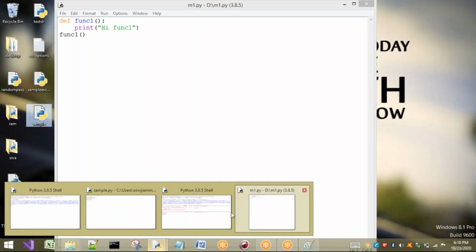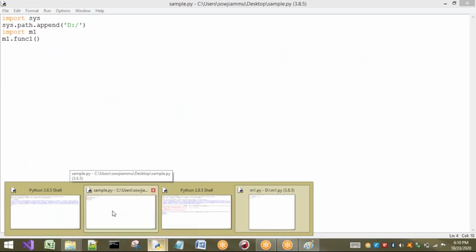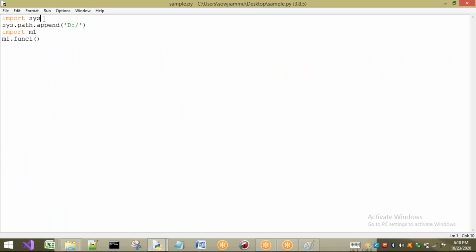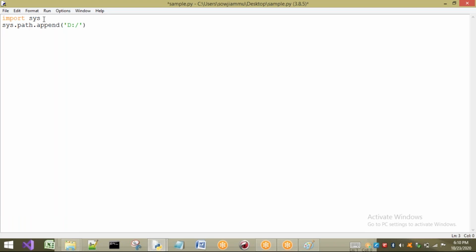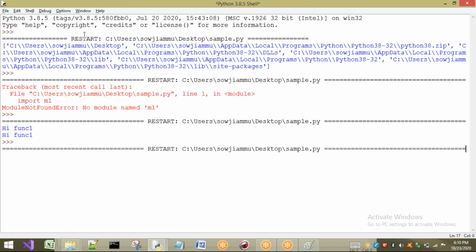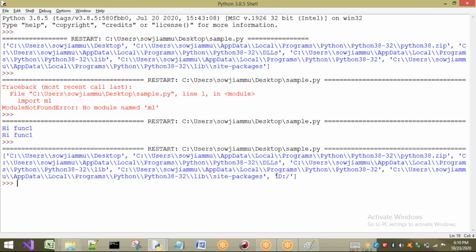Now once again I will explain this concept. Listen carefully. Here I am importing the sys module for adding the address. Now I want to show you what paths are available now. For that I am going to print sys.path. I have appended one path, that is the D directory. Now you can observe that at last we have the D directory. From now I can access the D directory also.